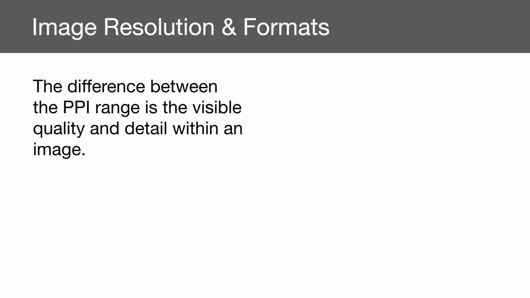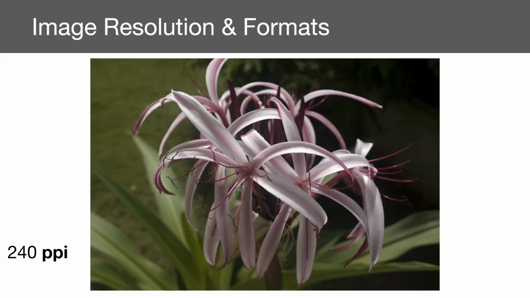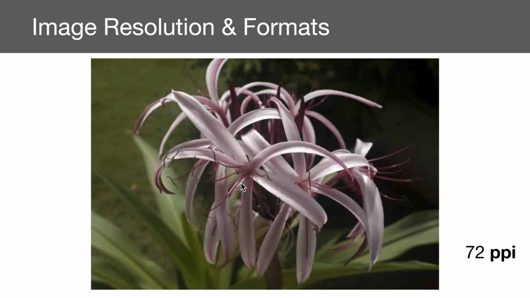So for instance, in this image here, we have a 240 pixel per inch image. If you were to look at all the nice little fine quality lines, they're nice and smooth. You get to see the details of the edges of this flower right here. You get to see all the little thistles and all the little things just kind of hanging out there. And then if you were to size it down to 72 pixels per inch,